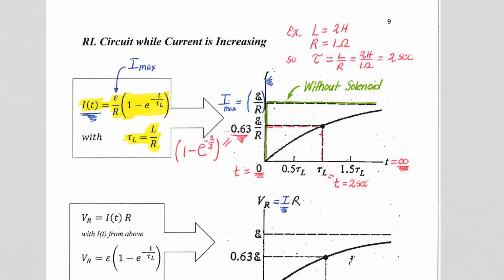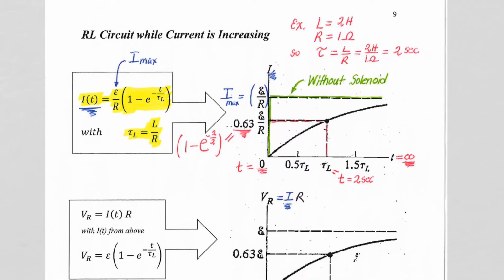In this lesson, we're going to look at the current as a function of time moving through the inductor. Now, we solved our differential equation. We have our expression for the current as a function of time. We note that the bracketed term represents the decimal percent that we are to maximum current, steady state current. The maximum current, that steady state current, is based on Ohm's law, so it's the battery voltage divided by the